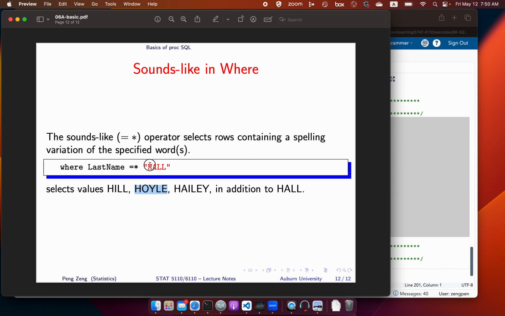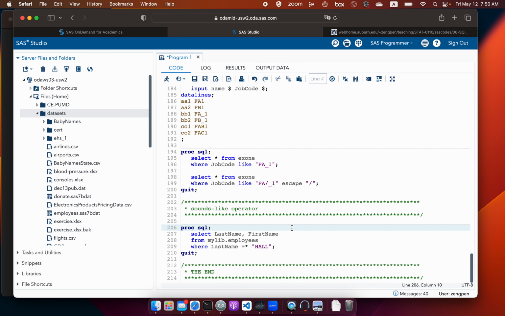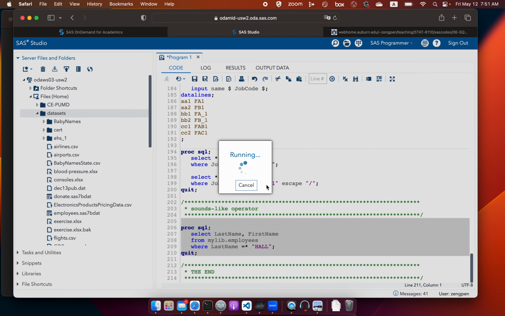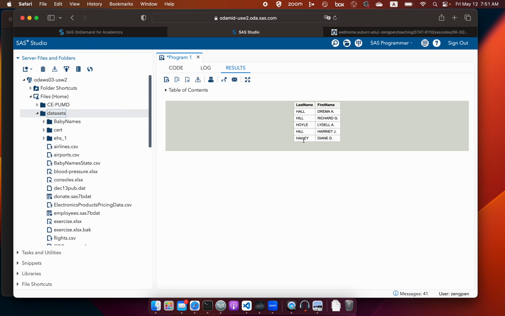SAS has an algorithm to decide how similar that is. This is helpful if you want to find some name but you cannot exactly remember that name. If you run this one, SAS will pick or identify some names similar